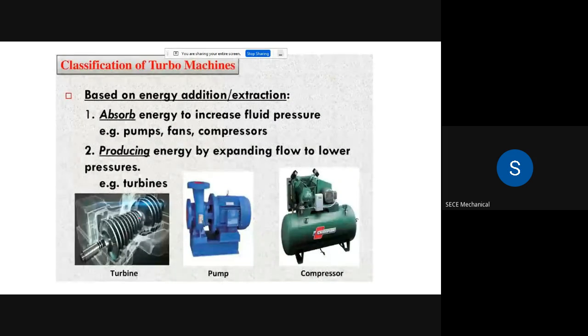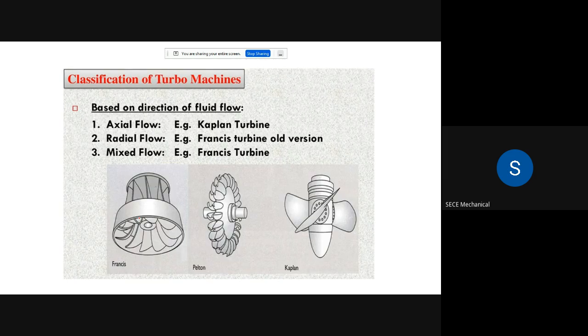So producing this kinetic energy மூலமா energy extract பண்ணி அதோடைய ப்ரெஷர் வந்துட்டு extract பண்ணிட்டு, in terms of energy convert பண்ணிட்டு, then the pressure in the fluid is reduced to lower pressure அப்படிங்கிறது வந்து this is called a turbine. Now, based upon the direction of flow. Direction of flow அப்படின்னா என்ன, there are different types of turbines இருக்கு. அப்போ the flow which is inlet of the turbine, எந்த டைரக்ஷன் உள்ள போகுதோ அதை போட்டு கிளாசிஃபிகேஷன் பண்றாங்க.